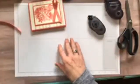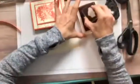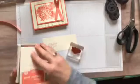Strip of Vanilla cardstock right here. I almost thought I didn't have it. Okay, again with my Calypso Coral ink, and I've got my Thinking of You stamp. I guess it doesn't even matter if I do it upside down because I'm going to punch it out. But I think I've got it. Yep, going right side there. Oops, I don't even want to close that up yet though, do I? Because I'm going to put a little bit of